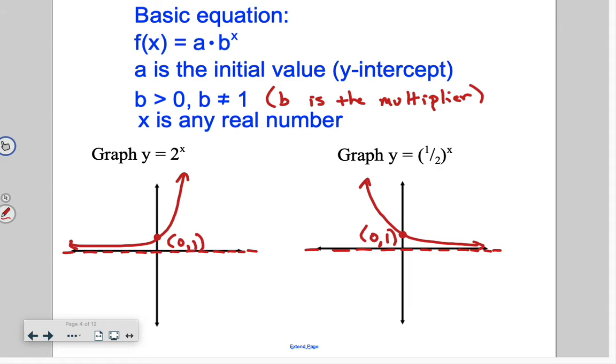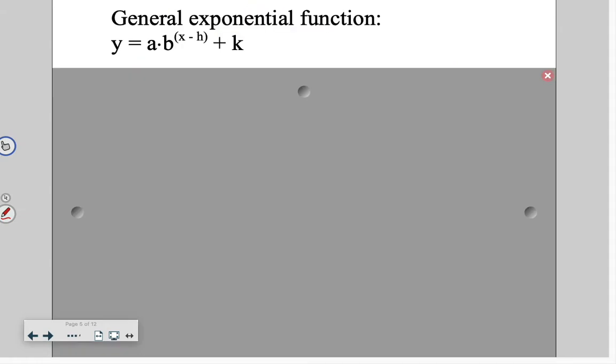All right. So there's your parent functions, if you will. Okay? So now we're going to add in the shifts and all those kind of things as we did previously in the previous chapter. Now we're going to add in the h and the k and shift those graphs. Okay? So here's your general exponential function with shifts included. So notice it's the same general a and b to the x, but now we've got the h and the